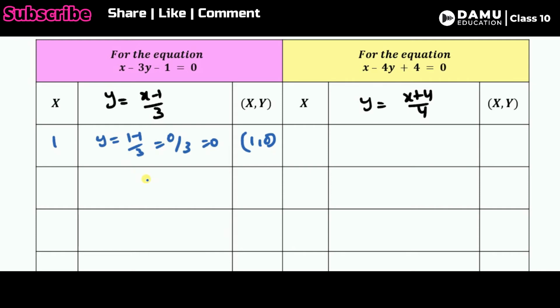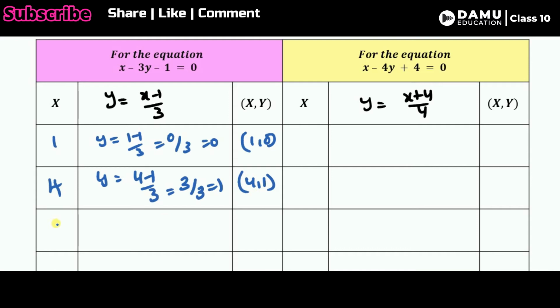For that we have to take values. If you take x as 4 here, then what is the y value? y will be equal to 4 minus 1 by 3, that is 3 by 3, which is 1. Like that we have to get it: whatever value, if you subtract the numerator from it, the numerator gets short. So this one will be 4 comma 1.